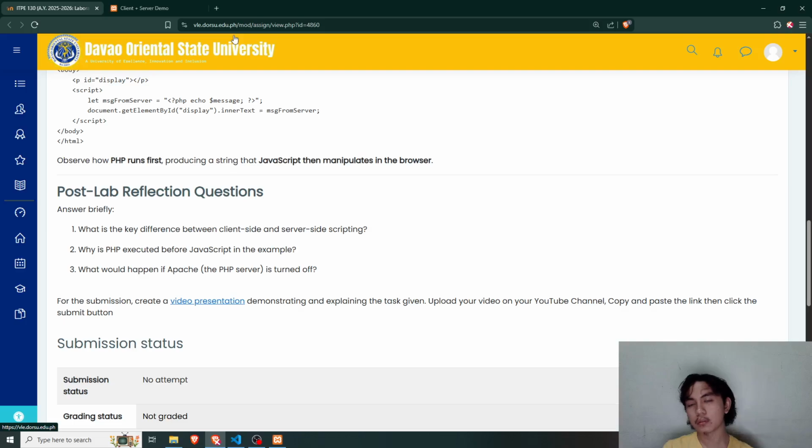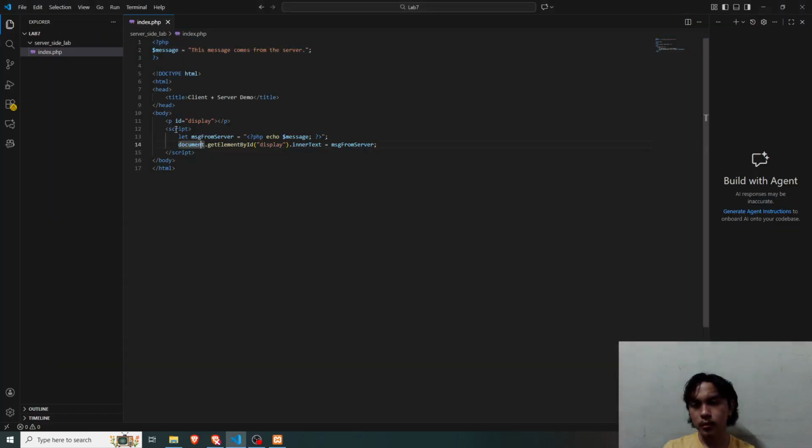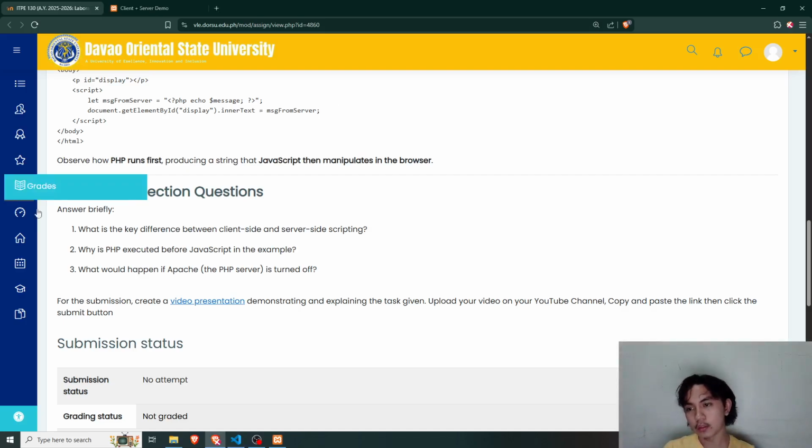That's the Apache also. Apache or the PHP is the server. And then the client side is the JavaScript. It runs on our own local physical computer. So the server side runs on the server, the main computer, and the client side runs on our local computer.